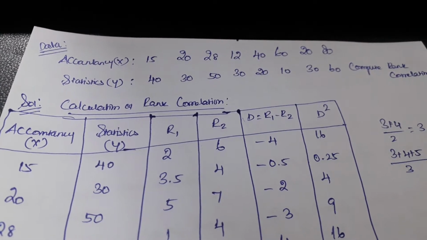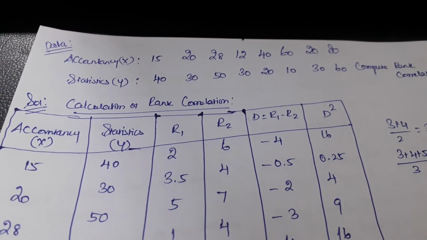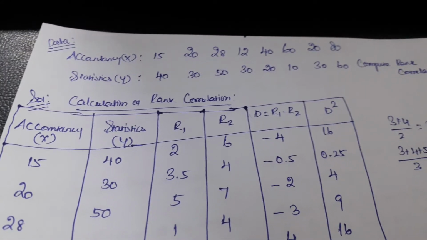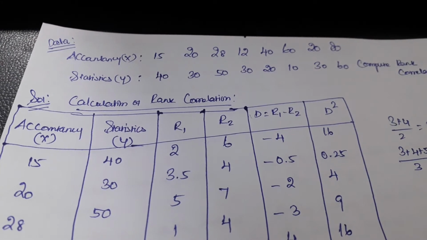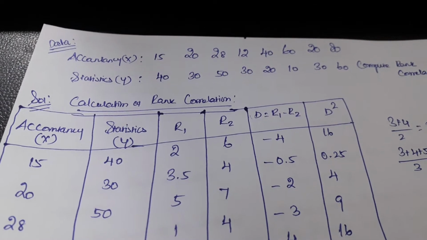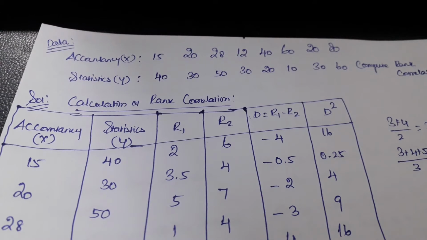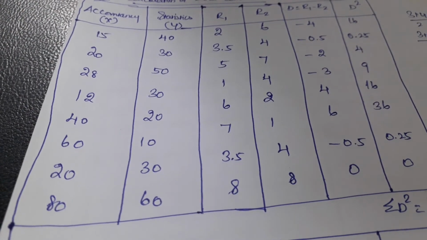These data we need to consider as marks, not rank. According to these marks, we need to provide rank as per the mark. So now we are going to look at the solution of this problem. The title would be the calculation of a rank correlation. The first two columns we have copied from the problem as it is given in the problem.